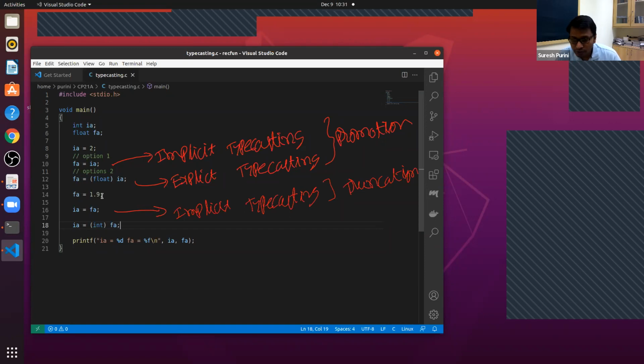There are some programming languages which are called strongly typed programming languages, where the compiler on line number 16 gives an error. You are trying to assign a floating point number to an integer and it gives an error. It doesn't let you do it unless you explicitly typecast it. There are some programming languages like that. And the reason they do it is so that you don't end up making mistakes in the program.